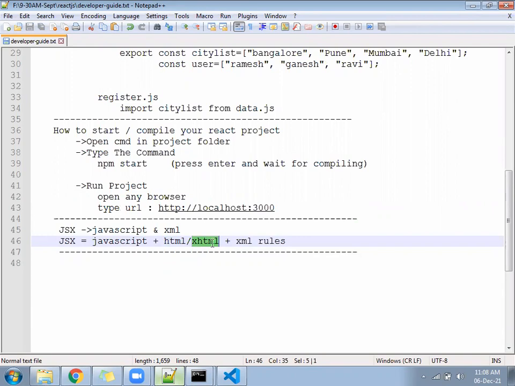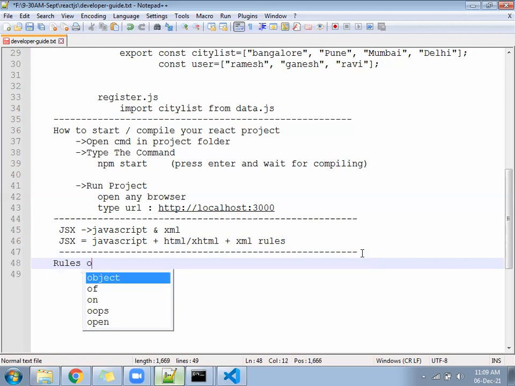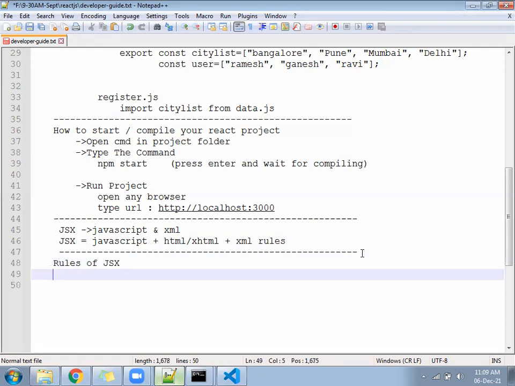And after that, when you are writing the HTML and JavaScript, you have to follow the rules of the XML. You saw the tag capital we open close, throwing the error. Right? After that, if you open the tag and do not close the tag, it will throw the error. Right? Two tags you have given without a parent tag, it was throwing the error. All are the rules of the XML. Now JSX, right here, rules of JSX. Okay.